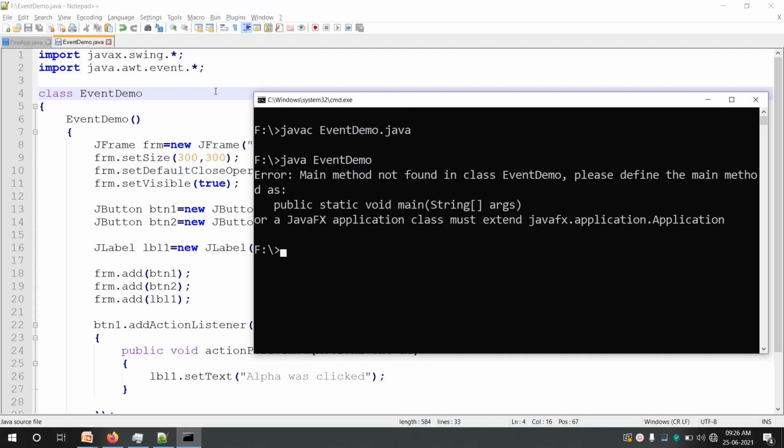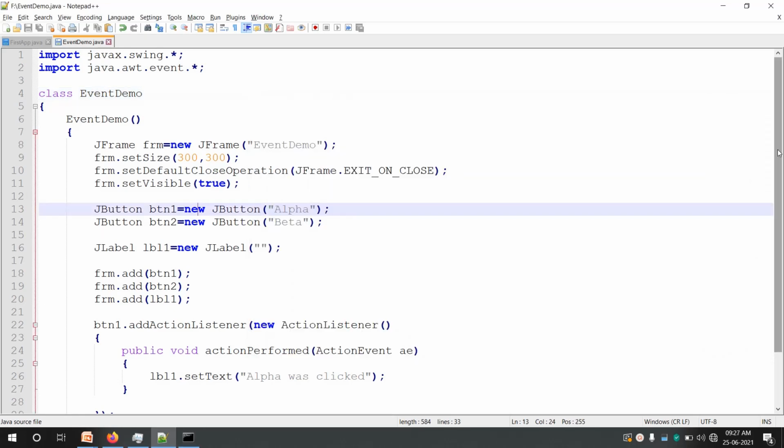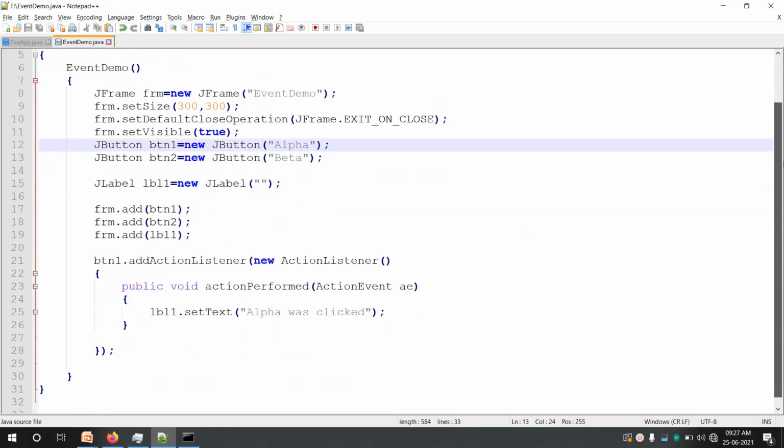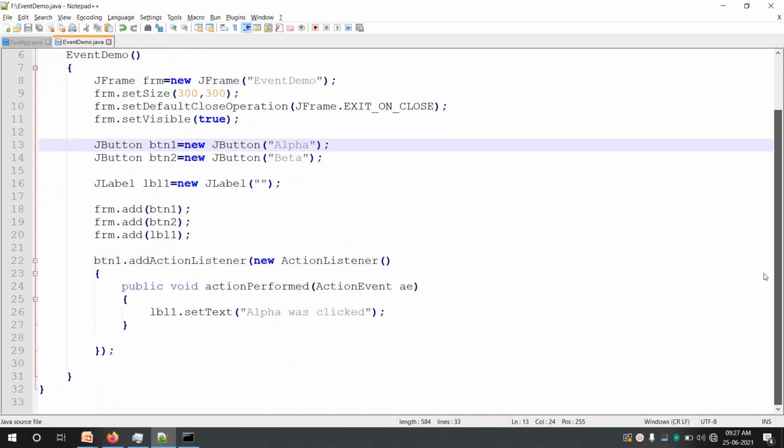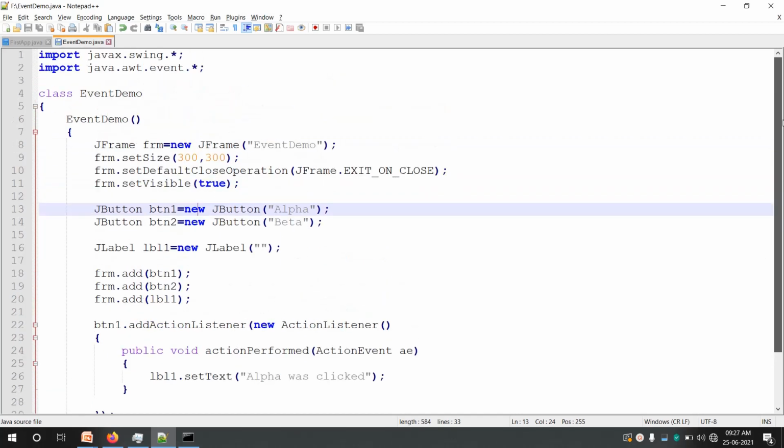Okay, there is still an error. It says main method not found in class EventDemo, please define the main method, that is public static void main. So we haven't defined a main method in this program. Without the main method we cannot execute this, because this is an application, not an applet.